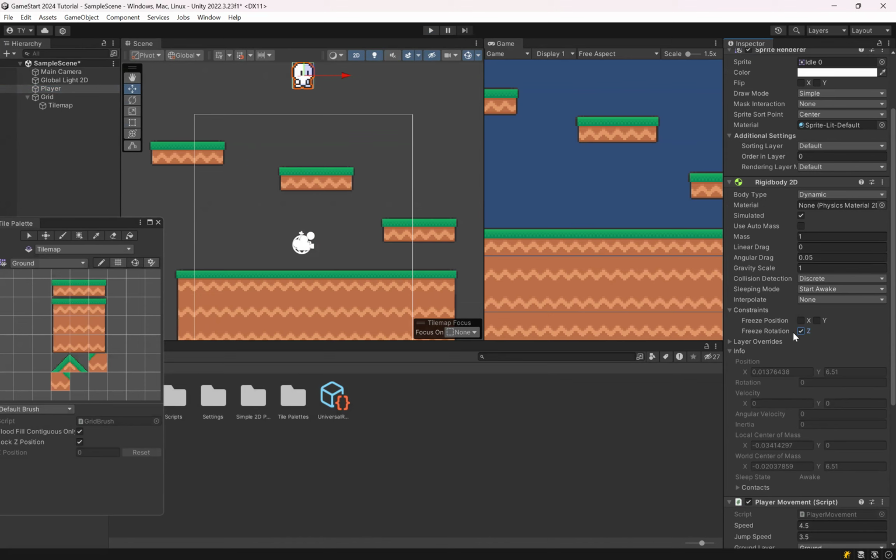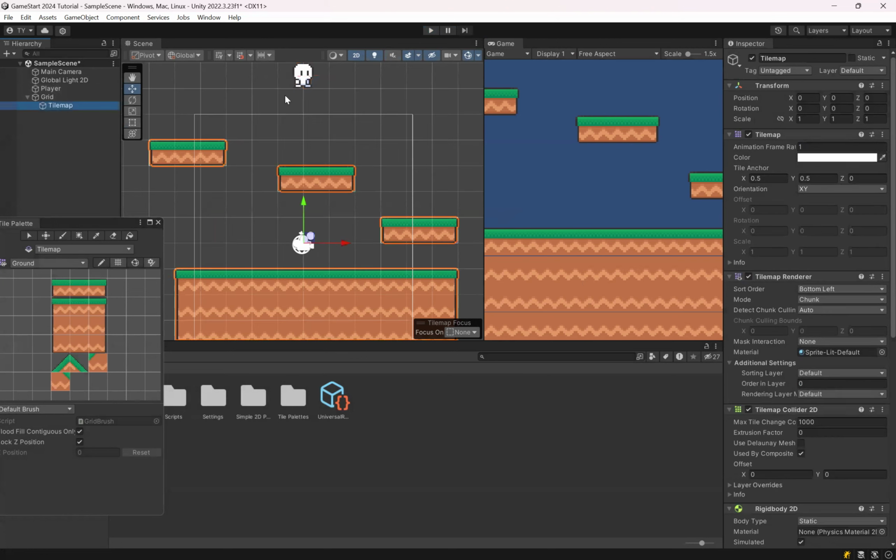And the final thing is, you'll realize that now the jump doesn't work anymore. And this is because we did not attach a ground layer to our tile map. So we're going to select the tile map and add the ground layer back to our tile map. And by doing so,